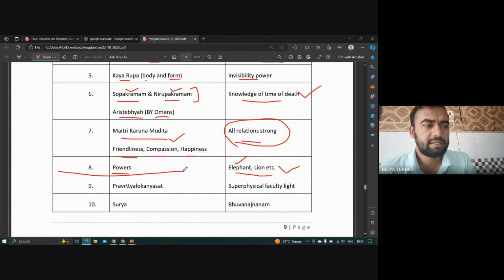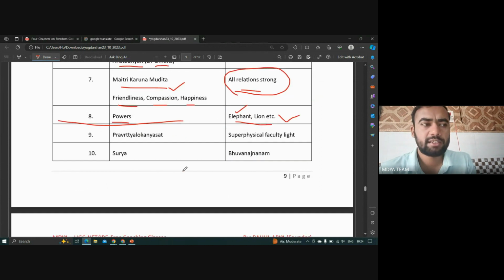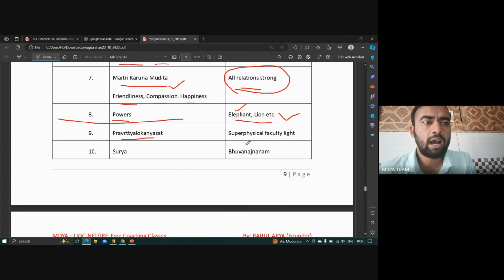So up to this point we have studied in the yesterday class, and today we are going to study how a yogi can gain knowledge of the means beyond his superficial faculty. I am sitting in Haryana at present, but by sitting here without using any instrument, I can tell what is happening in the Prime Minister's office, in America, in Dubai. By sitting in a single place, how can a yogi get knowledge of what is occurring in another place? That Vibhooti we will study in today's class, and how a yogi can get the knowledge of the